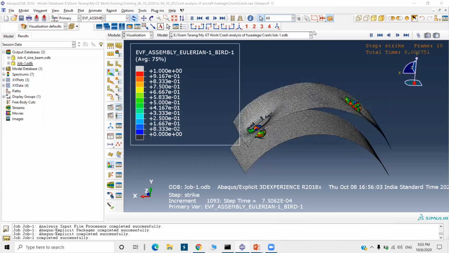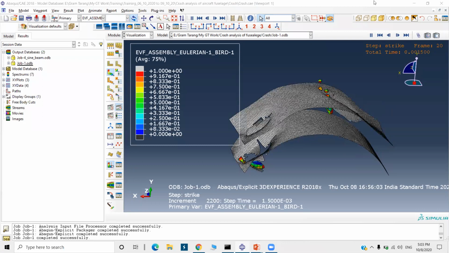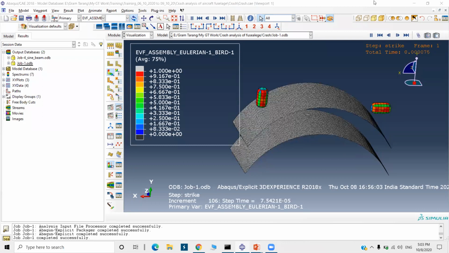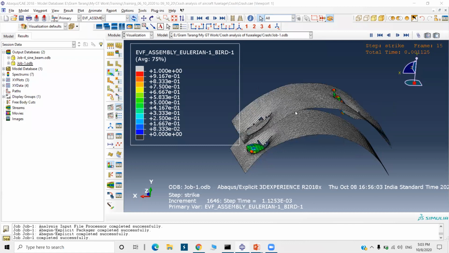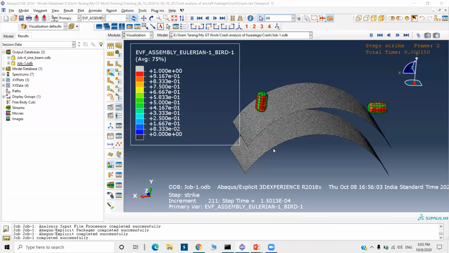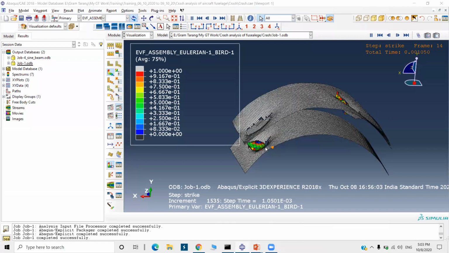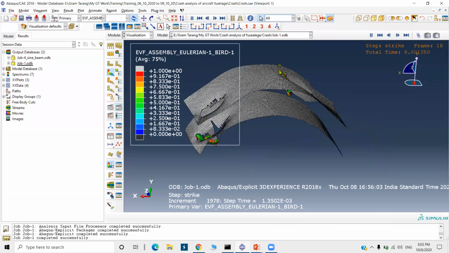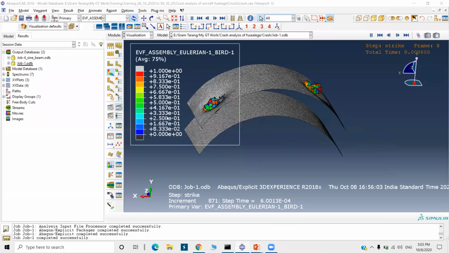Students, I want to ask you one thing. Have you understood this problem to do the analysis in Abaqus, the crash analysis of aircraft fuselage and this bird strike impact on the panel? Actually, I got less time for this bird strike problem. That's why I have taken it very fast.